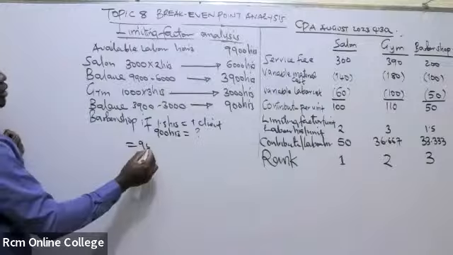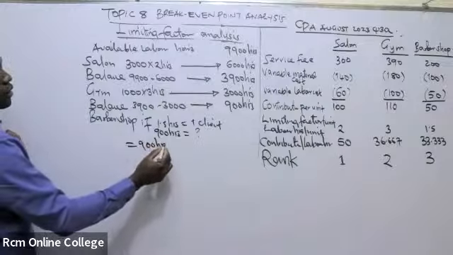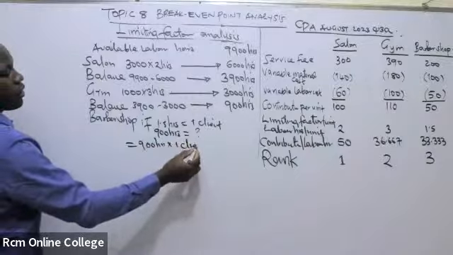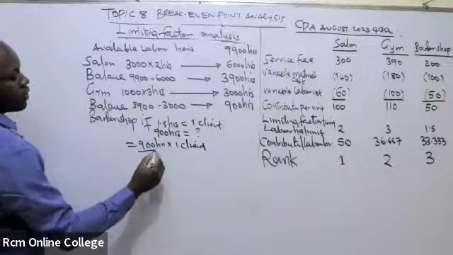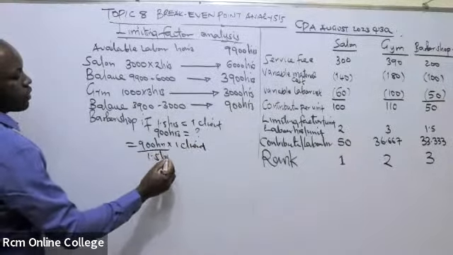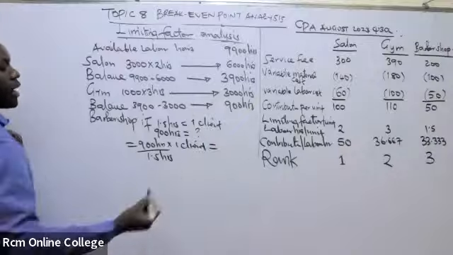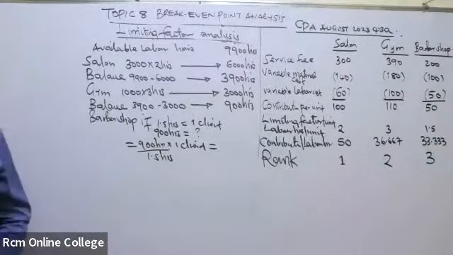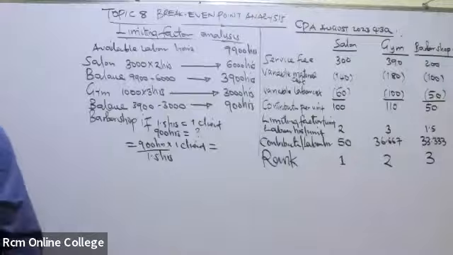So it will be 900 hours times 1 client divided by 1.5 hours. How many clients will be served? 600